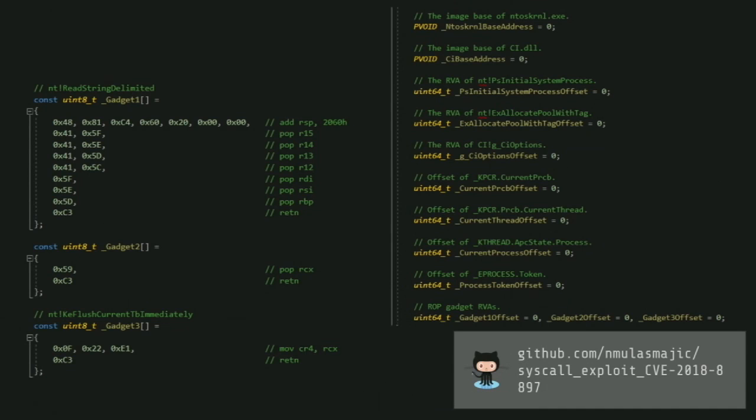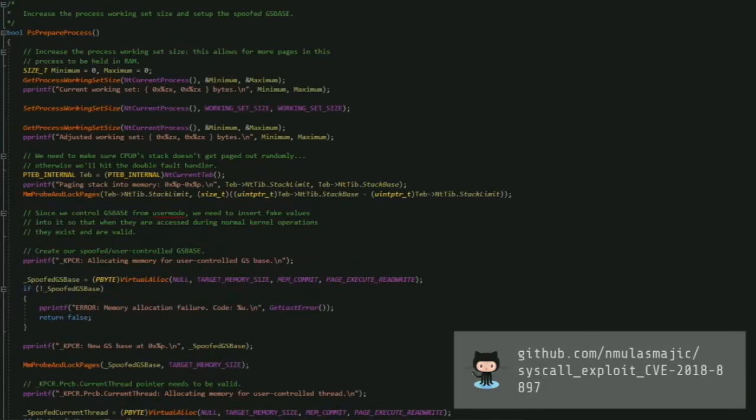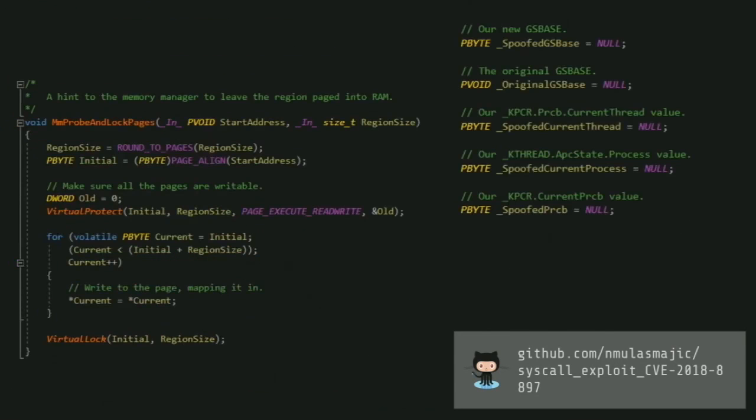Furthermore, again, we get all these offsets through those symbols that we'll need, and we'll go over why we need those later. Finally, one of the last things that we do is we prepare the process. It sounds super generic, but because you're not running as an admin, you have no way of guaranteeing that Windows won't page out parts of your process. And if it's paging out memory inside of your user mode application that you need for your exploit to work, that screws you over. So we make strong suggestions to the memory manager to be like, hey, try not to page out this GS base that we've allocated. Otherwise, we'll throw a page fault and then the exploit will get screwed up.